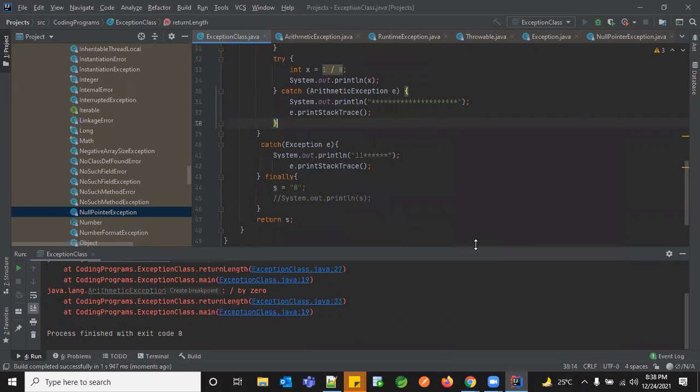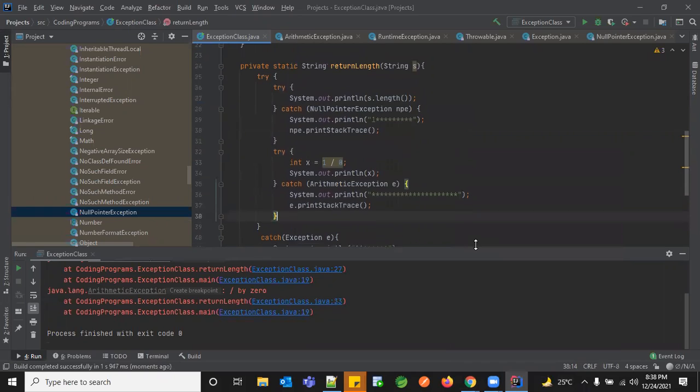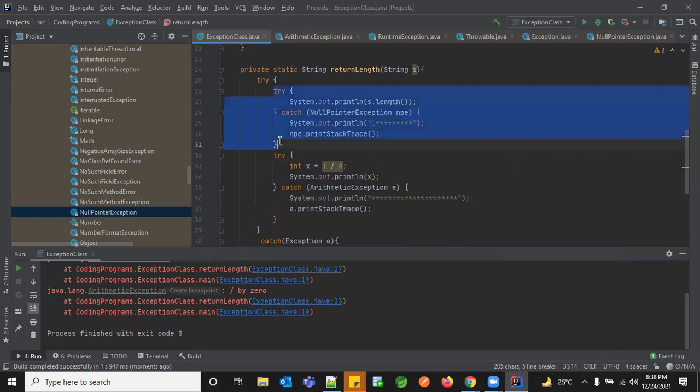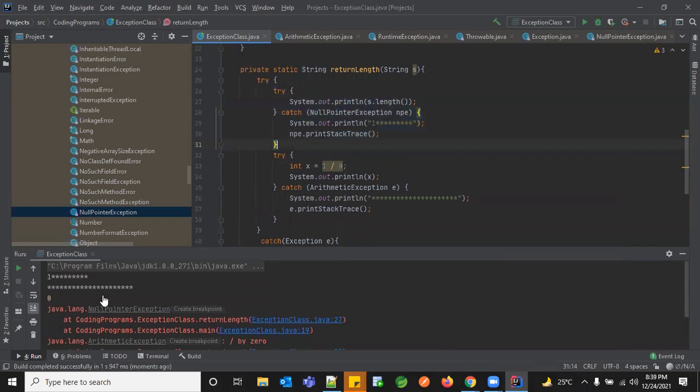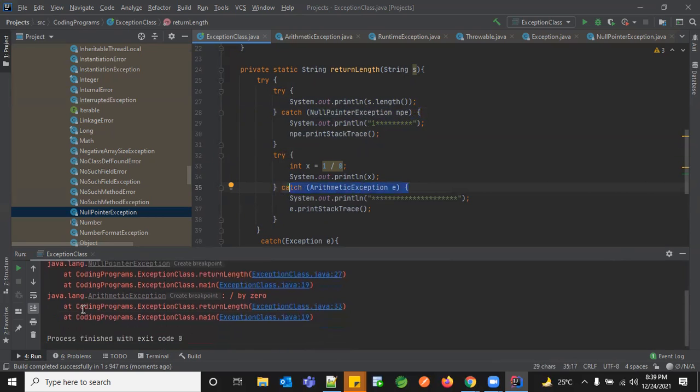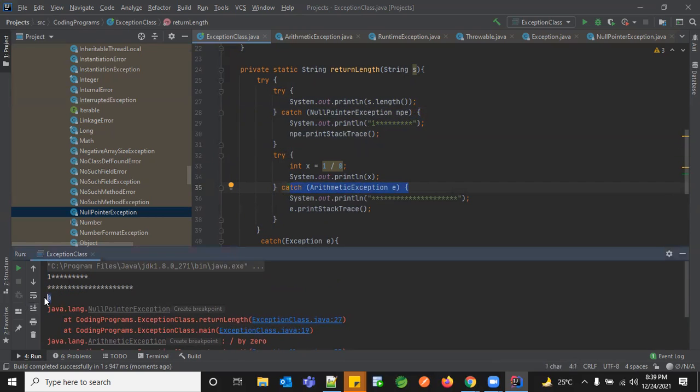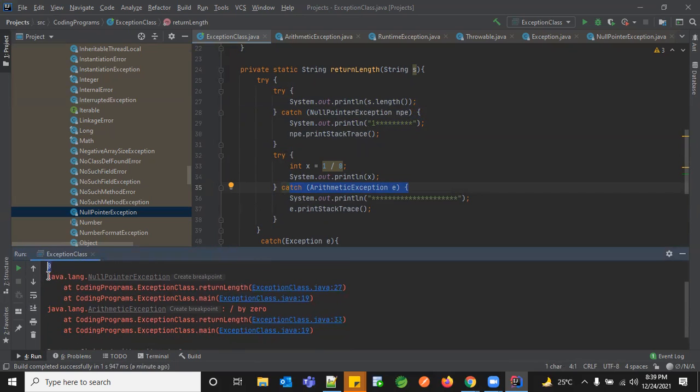Sneha, in the previous one you had a try inside the try, right? So in that case also it went for only null pointer exception, right? Not this one. Like previously you had a try inside. Okay. Yeah, there was a mistake I made, so I didn't handle it properly. So if you see right now, the execution happens for both your exceptions, for your null pointer and for your arithmetic exception also. And after that, you're able to execute your finally block, and then you're able to see your catch exceptions, which are handled in the sequential flow.